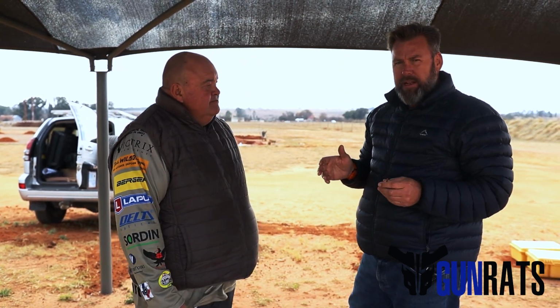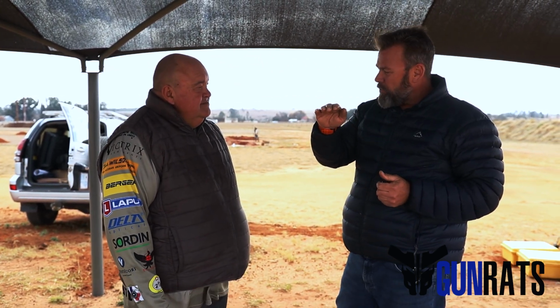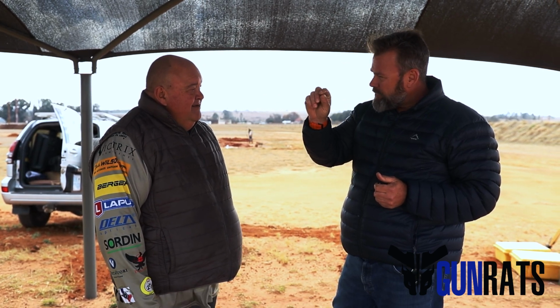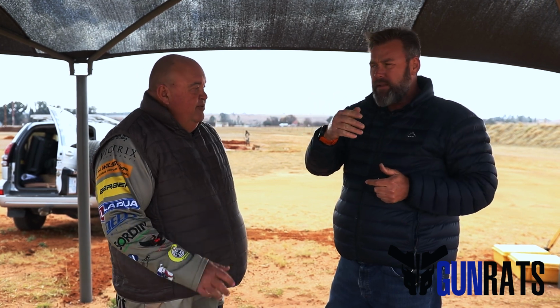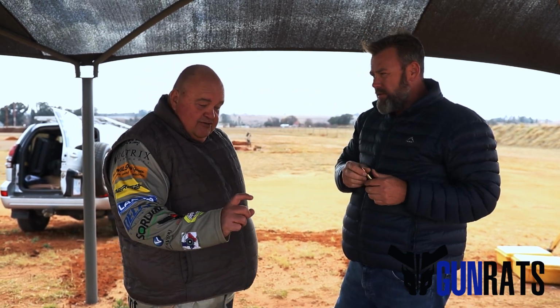So each rifle has a personality of its own. And the nice thing about that ladder test as well is that you can get that sweet spot where you have some increments where it doesn't actually change, the waterline's the same. That's what we're aiming for. The biggest sweet spot we can get. And the nice thing for you guys as the shooters,